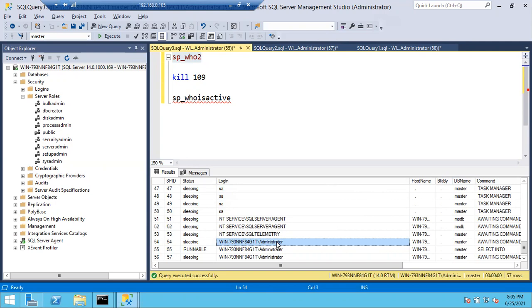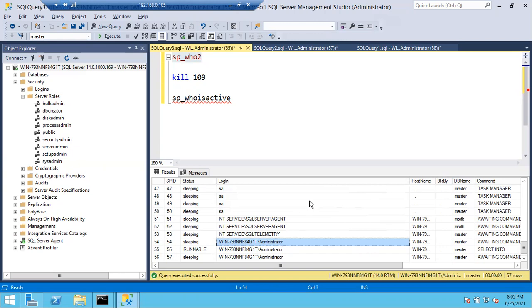So don't expect that every time you can kill the processes. There is a protocol, and you have to follow the protocols. You have to ask the user, "Hey user, can I kill the session which is taking longer than expected, or is consuming all the resources?" Then if the user is okay, you can proceed to kill. If the user is not okay, don't kill it, go for alternatives. Okay, clear?